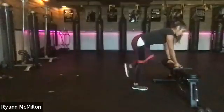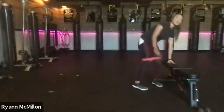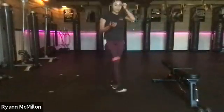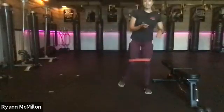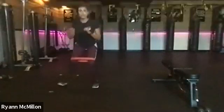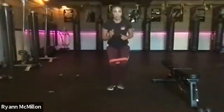Final few reps. 3, 2, 1, and relax. All right, we got our lateral Deathlok, so keep that band on. Here we go. So we're taking 3 steps over, depending on the space you have. Just use the space that you have. So if it's 2, 3 steps,